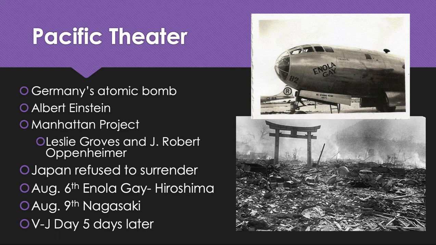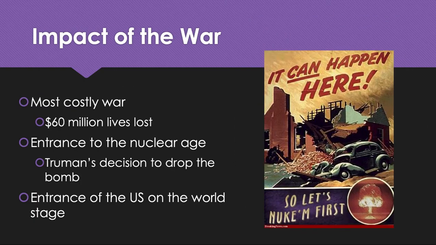The Japanese are going to inform us that just a few days later they are going to surrender, which results in VJ Day, Victory in Japan Day. And you can see from the image, and we're going to talk about it more in class, the absolute devastation of this bomb. Now, when we look at the impact of the war,